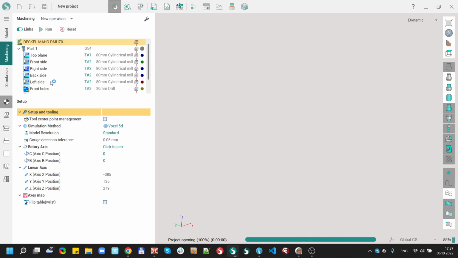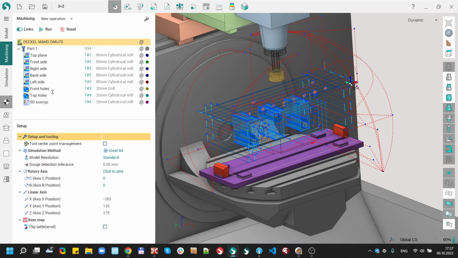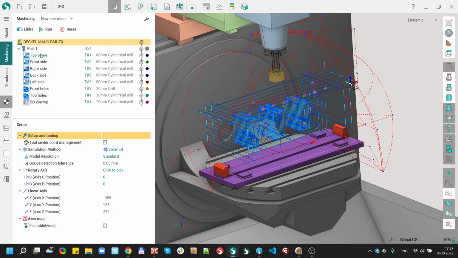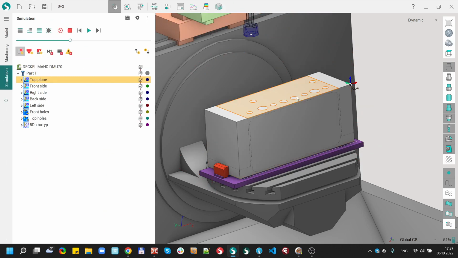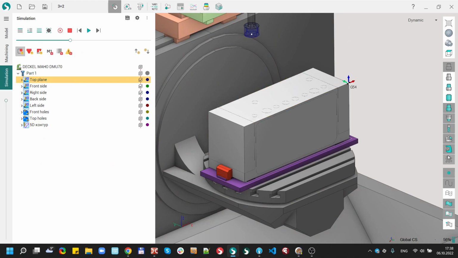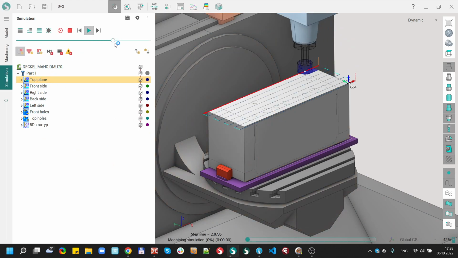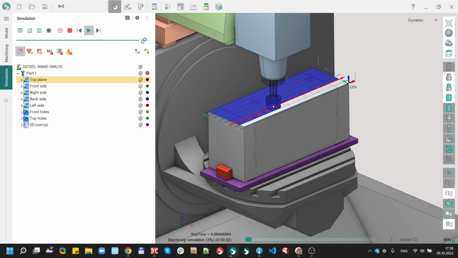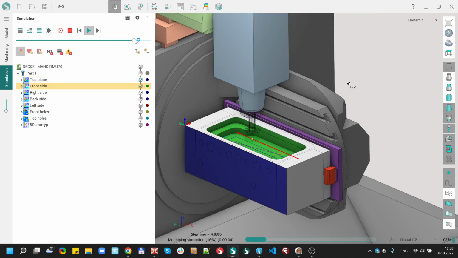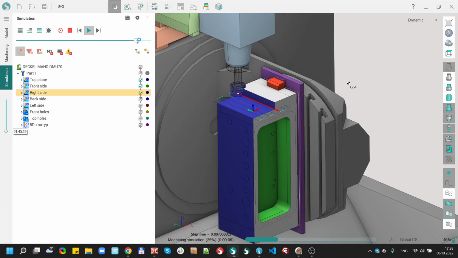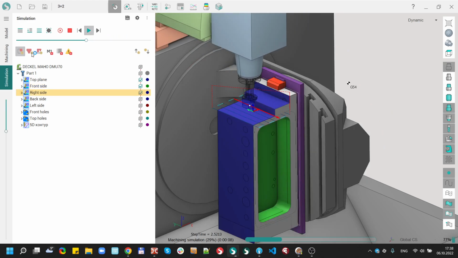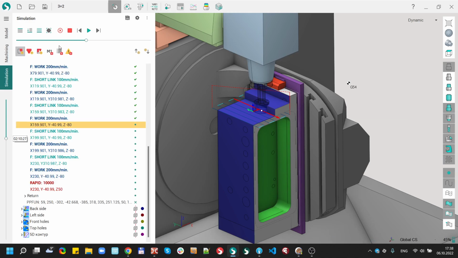And here I have some technological process which machines the part. For example, we can use simulation to show this. So now I want to post-process this